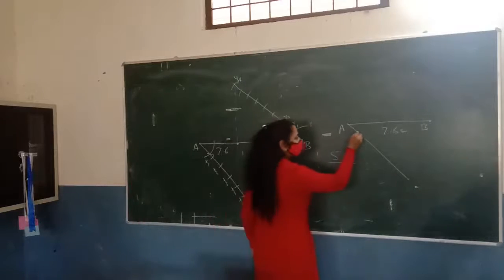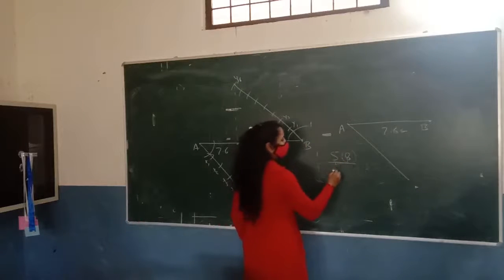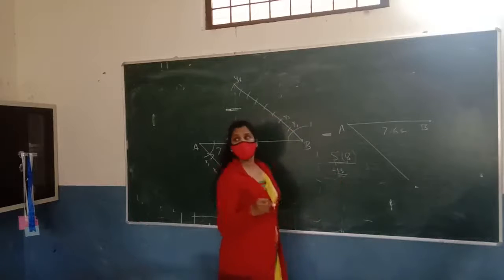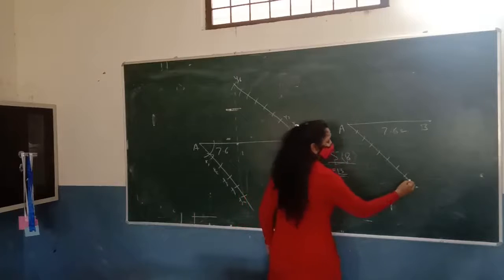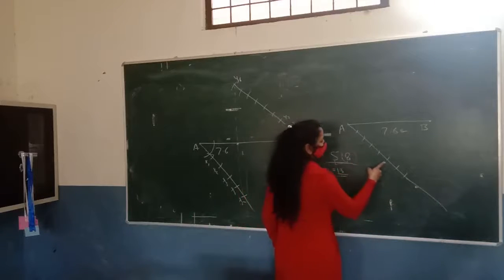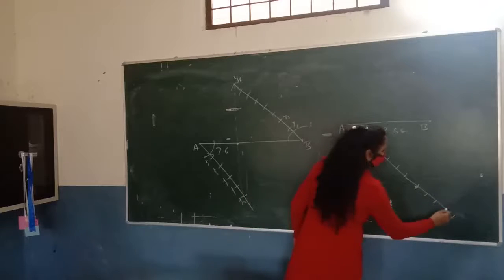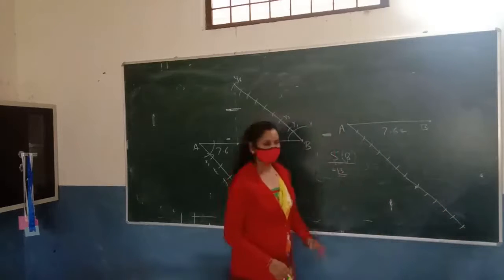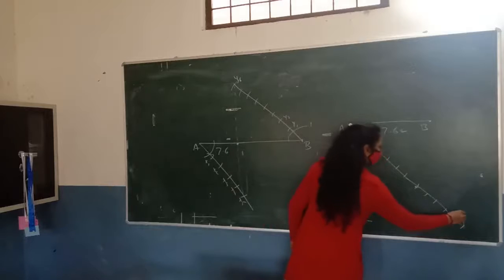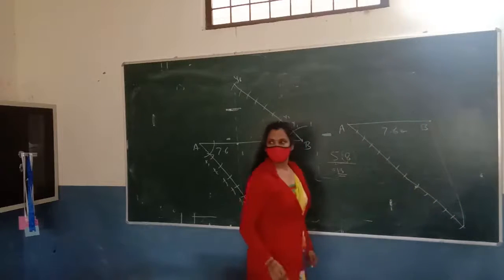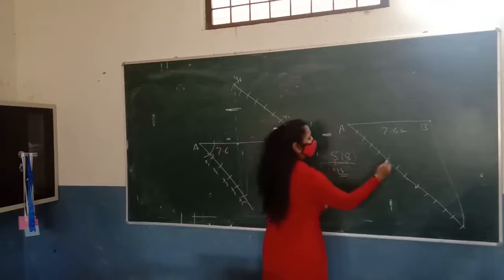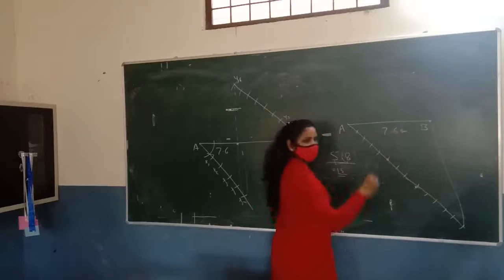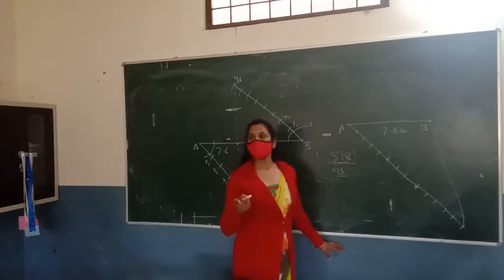So on this acute angle, 5 plus 8 is equal to 13. So you will make 13 arcs in this part. 13 arcs, okay, and join this last one with B. And from this point 5, 1, 2, 3, 4 and 5, you will make a line parallel to this one, and for making the parallel line you have to consider equal corresponding angles.